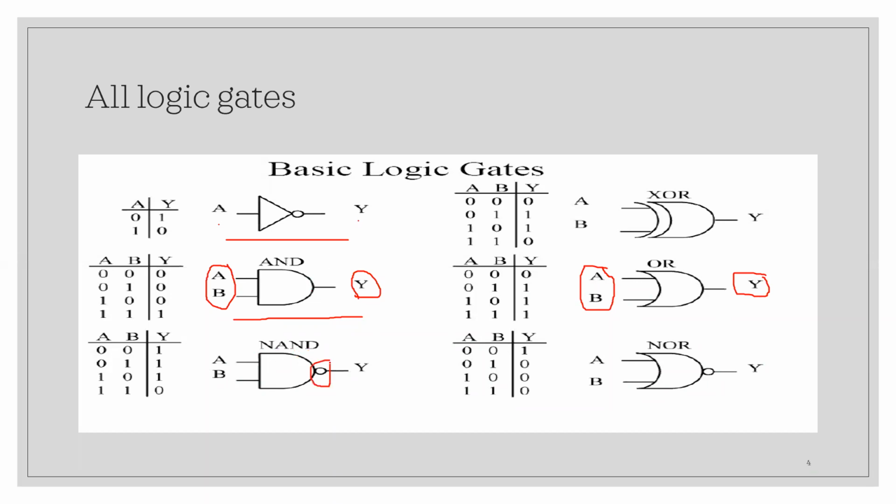So this bubble which is present represents the inversion. If you just check, this is the AND gate. If you put a bubble over here, what it implies is you are inverting the result you are getting. So inverting this results in the NAND gate. In the AND gate, the logic was: if any one of the inputs is 0 or both the inputs are 0, then the output is 0. Now you invert the definition for the NAND gate.